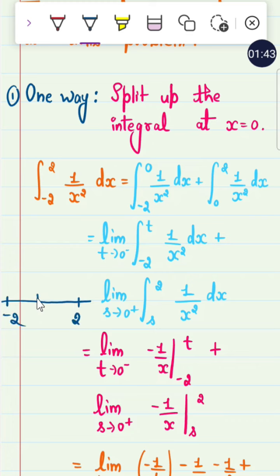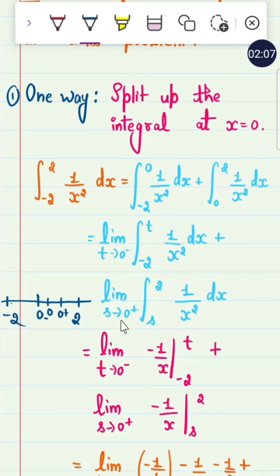So when we go to 0, the limit of 0 is from 0 plus to 0 minus, right? So firstly we take minus 2 to 0, and when we take this limit of t, it goes to 0 minus, okay, minus 2 to 0 minus, then 1 over x square dx plus